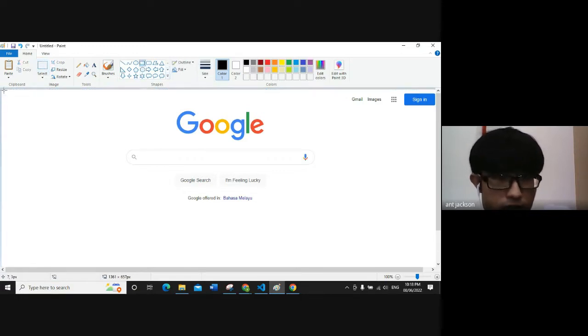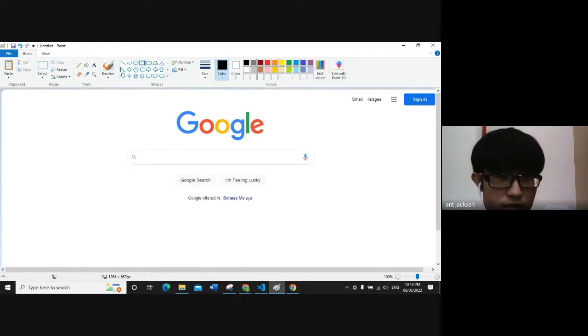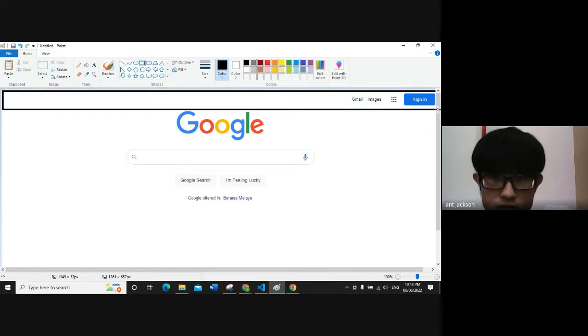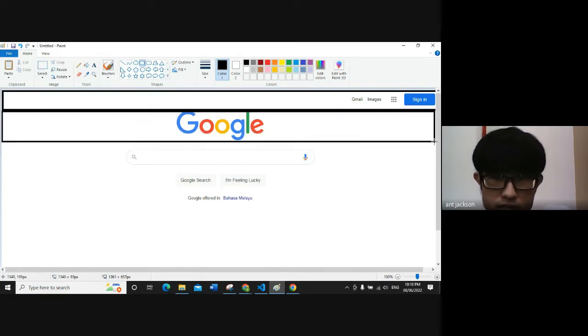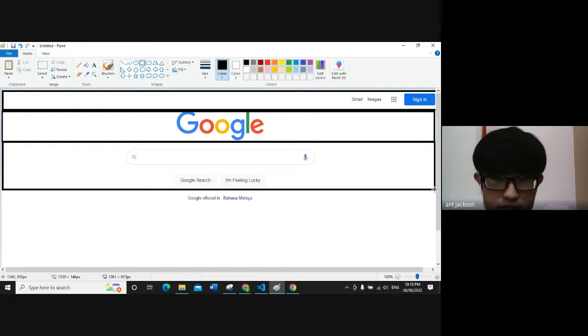In this case, I'm going to separate this whole page into separate boxes. First, one box for the header, then another box for this text, and then another box for this field, the text and the two buttons,